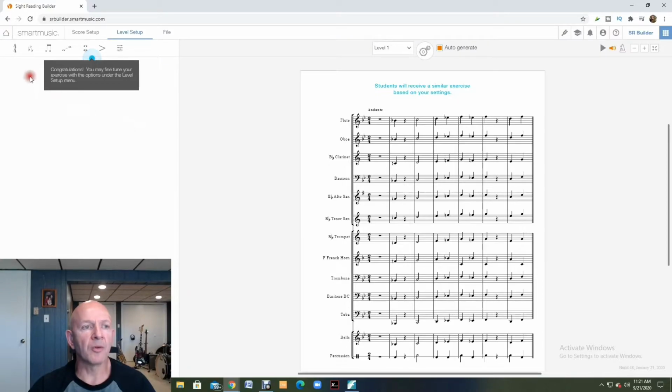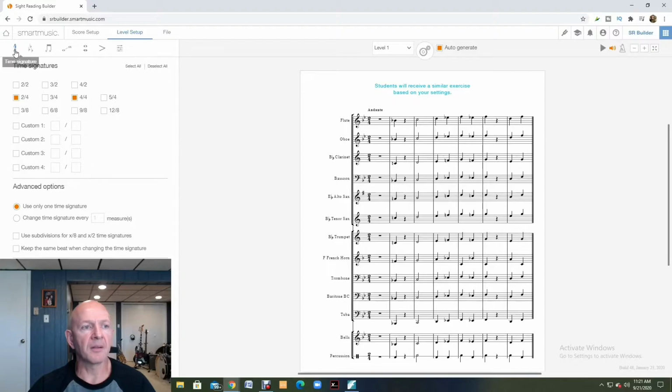I can come over to the left and I can click on the time signature and I can customize this. I can click on the time signatures that I would like to see being used when I'm generating these. So I can click them on, click them off. It's very customizable. Down at the bottom there's advanced options where I can use only one time signature. Or you can see you can change time signature every so many measures,